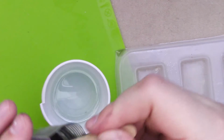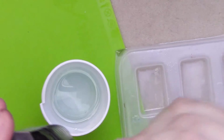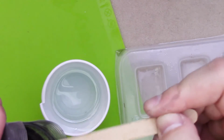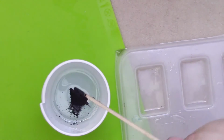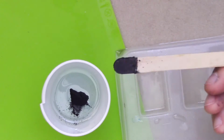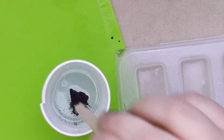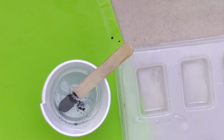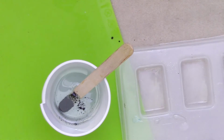Okay. So I'm going to start off with a little bit, because you can always add more, and you can also add more resin if you put too much in there. I have quite a fair amount of resin in here, which is probably way too much for the projects, but I was trying to transfer it to a smaller squeezy bottle,